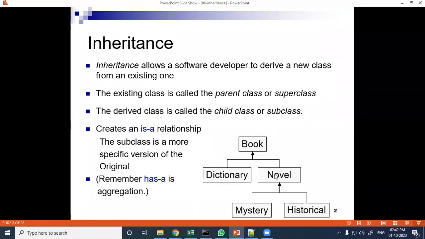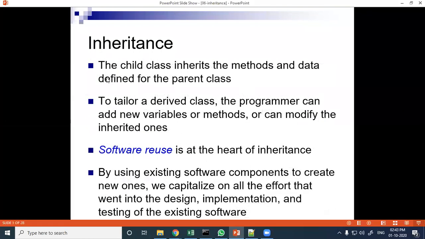And some more methods and data members can be created inside the child class. To tailor a derived class, the programmer can add new variables or methods. That means inside the derived class, we can also add some more members.